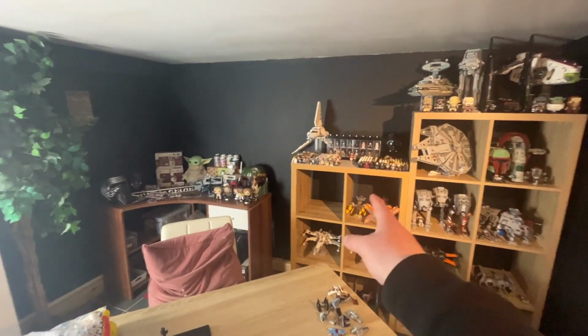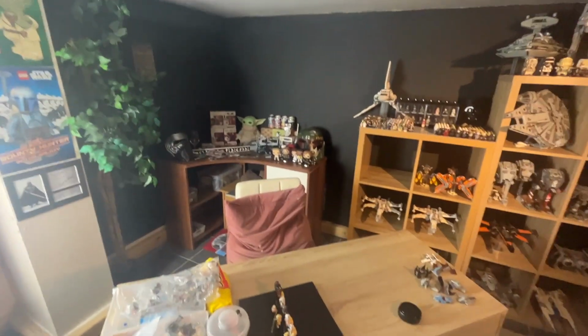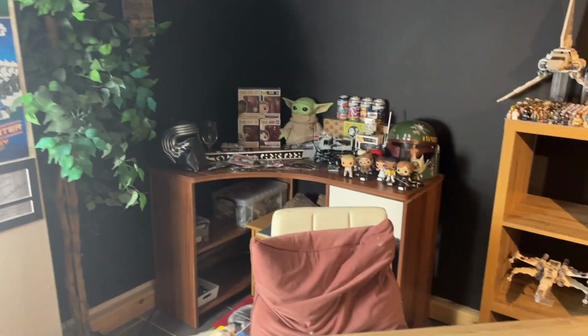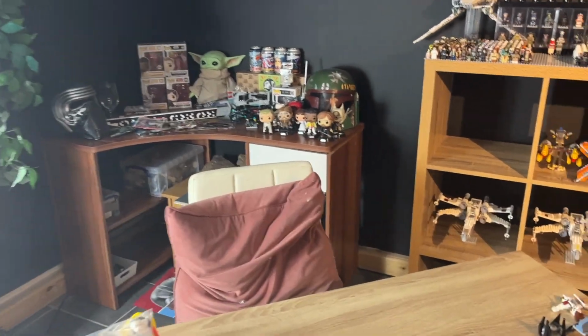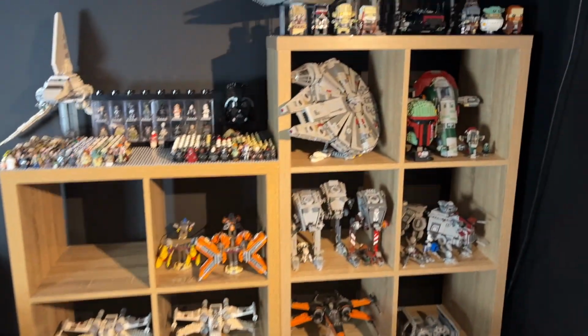I'm going to have one of them put there, and then there'll be a slot here where I'll be able to do all my shop minifig storage, and then I'll move the plants somewhere else. But yeah, a couple of people on Instagram and TikTok as well, I put a little snippet of my Lego room, and I guess people wanted to see my Lego room,